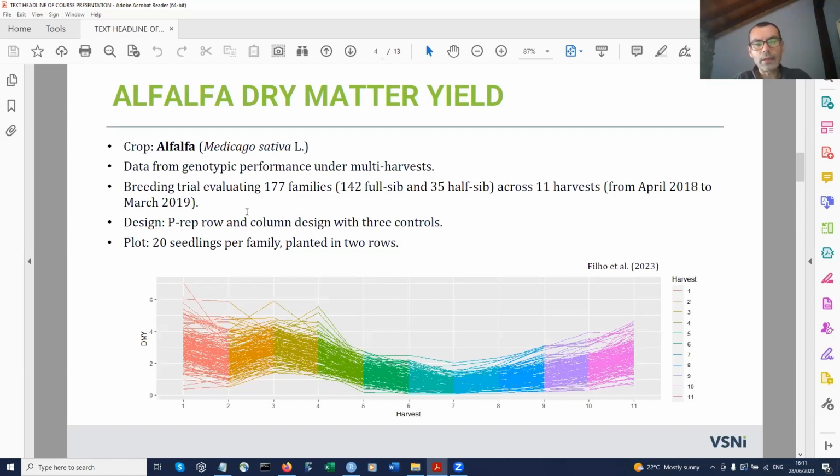This breeding trial has 177 entries or families. There are different groups of families, and they were planted in plots by family. So I'm just going to consider the 177 as genetic units. That has implications for how we later consider, for example, genomic matrices, but for this moment we don't consider genomic matrices, and I'm going to have 177 genotype entries. The design was a p-rep design, so some of the genotypes were replicated more often, and it was a row-column design arranged with 3 additional controls. As it says here, 20 seedlings per family were planted in 2 rows,